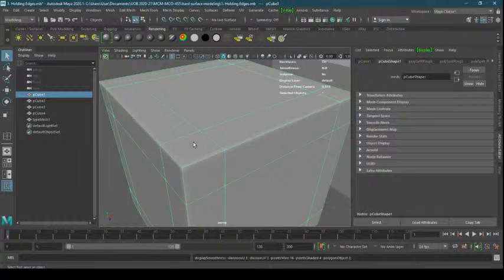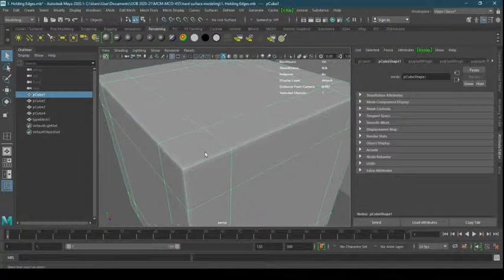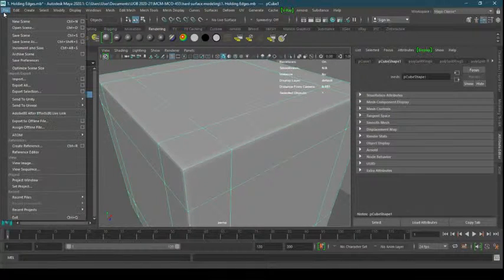So yeah, you only have to press 3 to apply a smooth modifier on it, and if you press 1, it will go back to normal. But if I apply a smooth modifier by pressing 3, and if I want to export this object by going to File, then Export Selection or Export All,